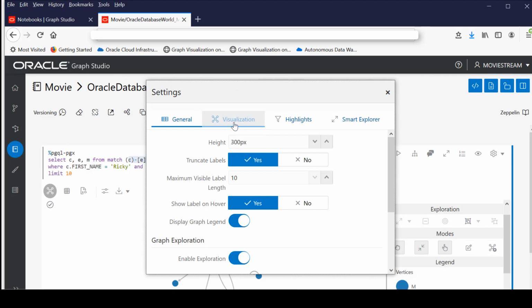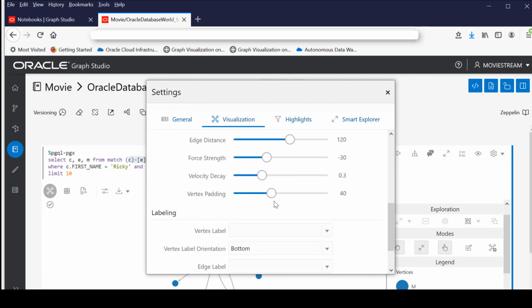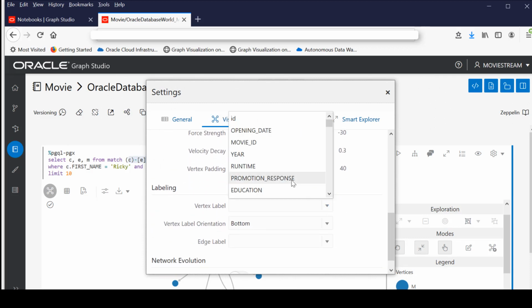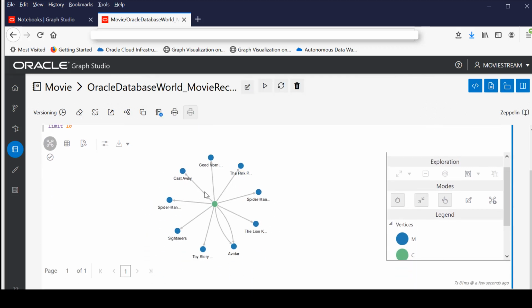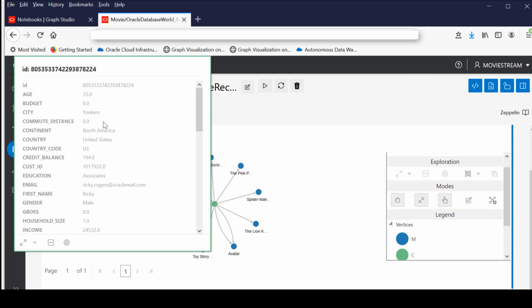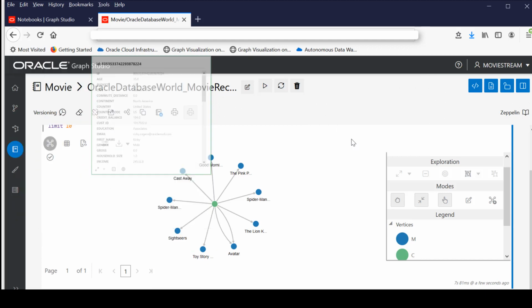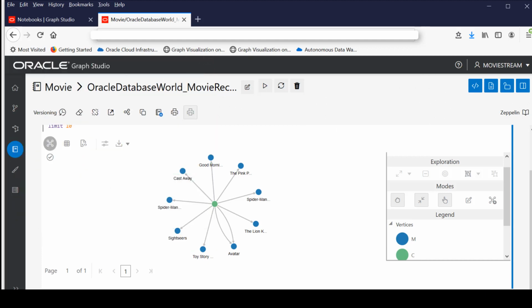And we can go in here once again to the visualization tab and select the property that we wish to display here. So we're displaying the movies that Ricky Rogers has watched, and this is Ricky Rogers' properties. So this is a graph where the edges and vertices have a lot more properties. So then we can run another interesting query,